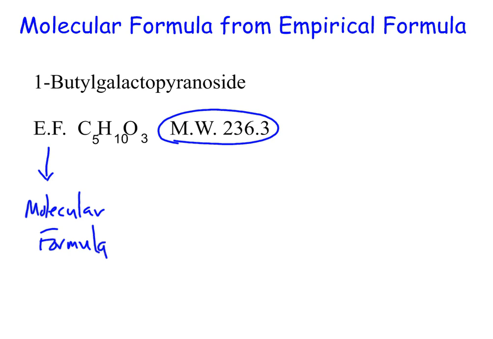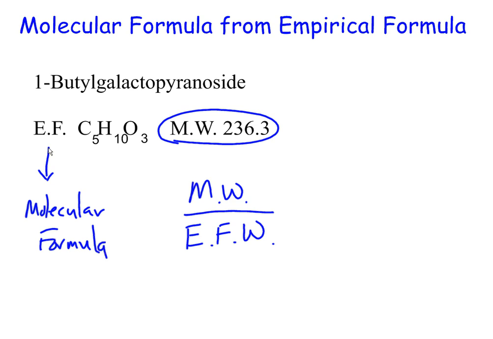And so there are different techniques in the lab that you can use to figure out the molecular weight, which we'll be going into in other aspects of chemistry. But for right now, let's assume that we have the molecular weight through some experimental analysis. And again, through percent composition data or whatever, we figured out the empirical formula. We're going to take that molecular weight, and we're going to divide it by, I guess we can call it, the empirical formula weight,